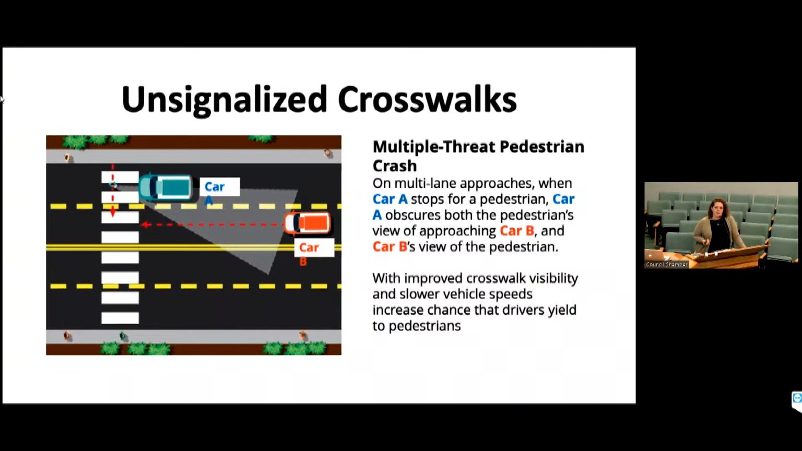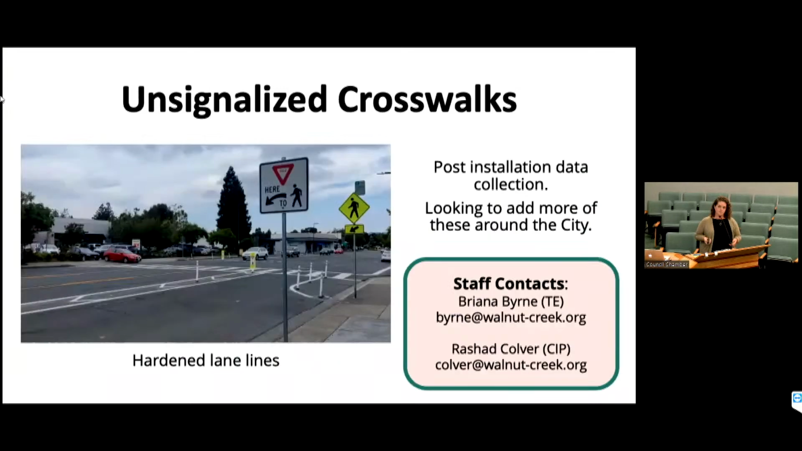So how do we address these? We wanted to improve the crosswalk visibility. We wanted to slow drivers down so they have enough time to perceive, react, and stop accordingly. So what we did is we did hardened lane lines, a very prominent feature. The hardened lane lines are those solid white stripes, and we narrowed the travel lane. We added the paddle signs, we added Shark's Teeth yield lines,